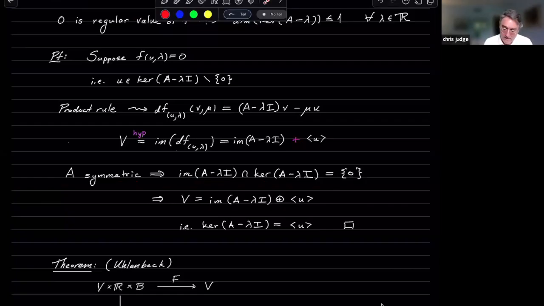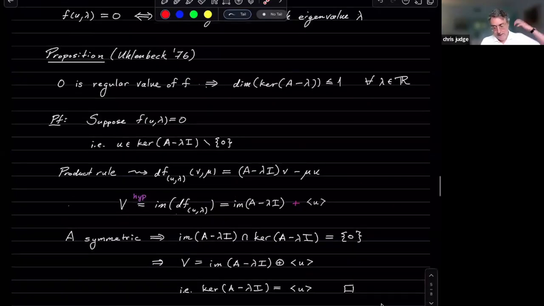Okay, and then that means that this is a direct sum. That this up here is a direct sum, and in particular, it also means that this U spans the entire kernel. So it is the kernel, and therefore the kernel is one-dimensional. Okay, so we can characterize simplicity in terms of regular values for this function, and so then the parametric transversality